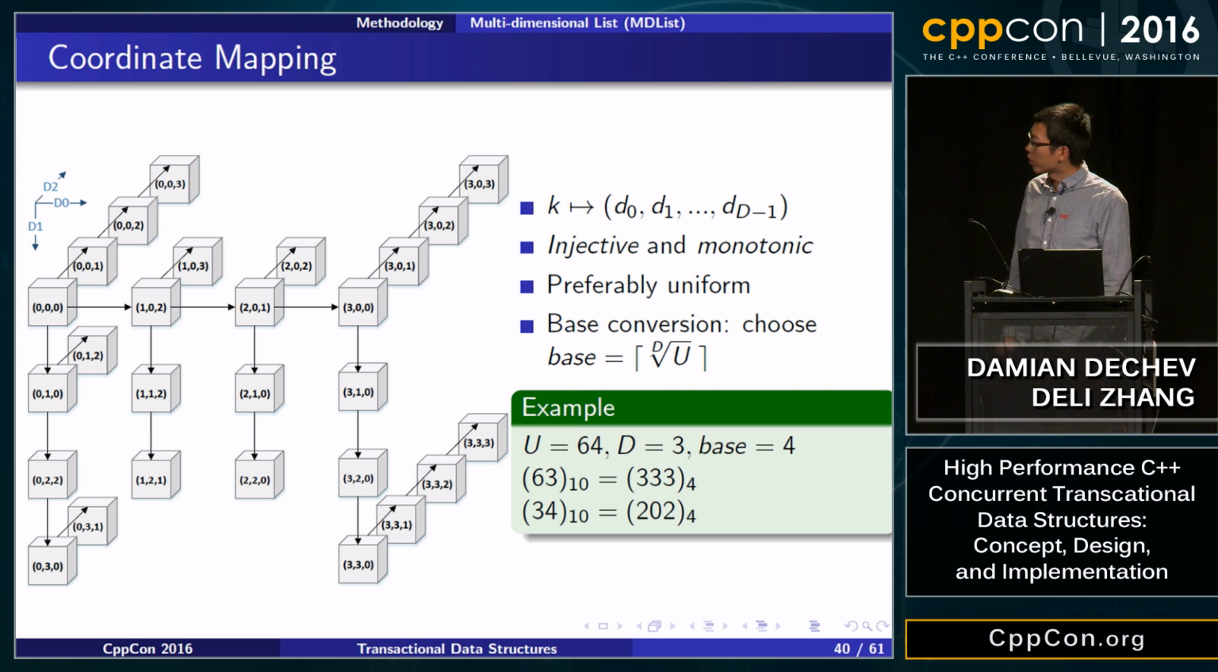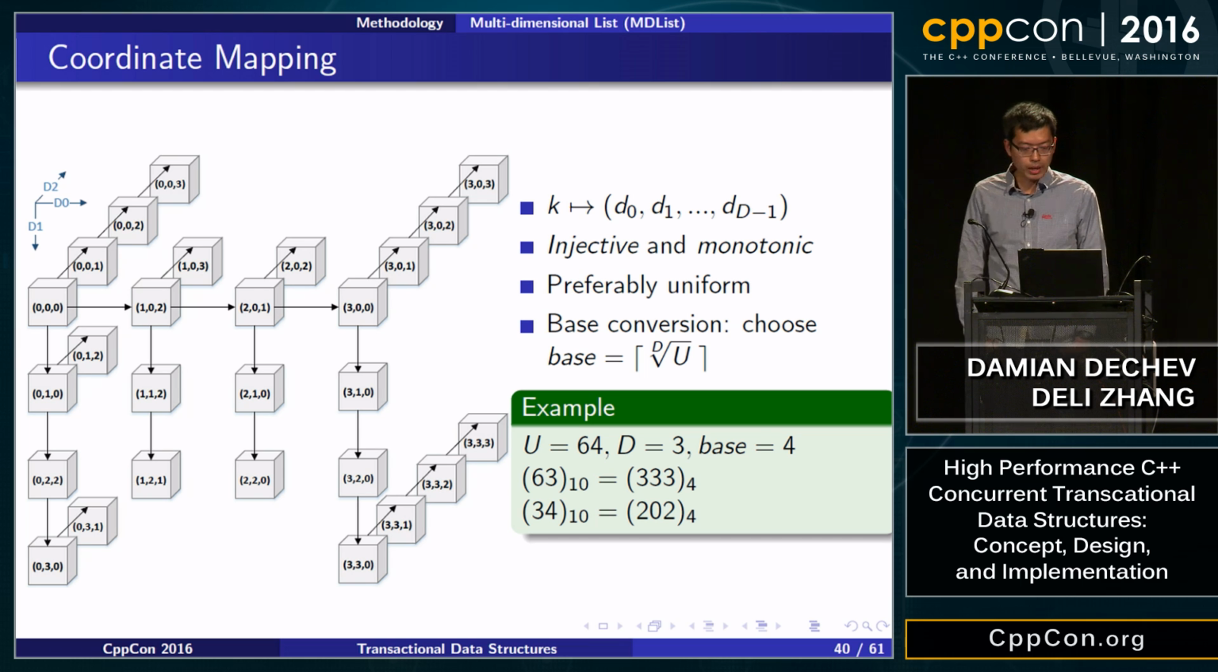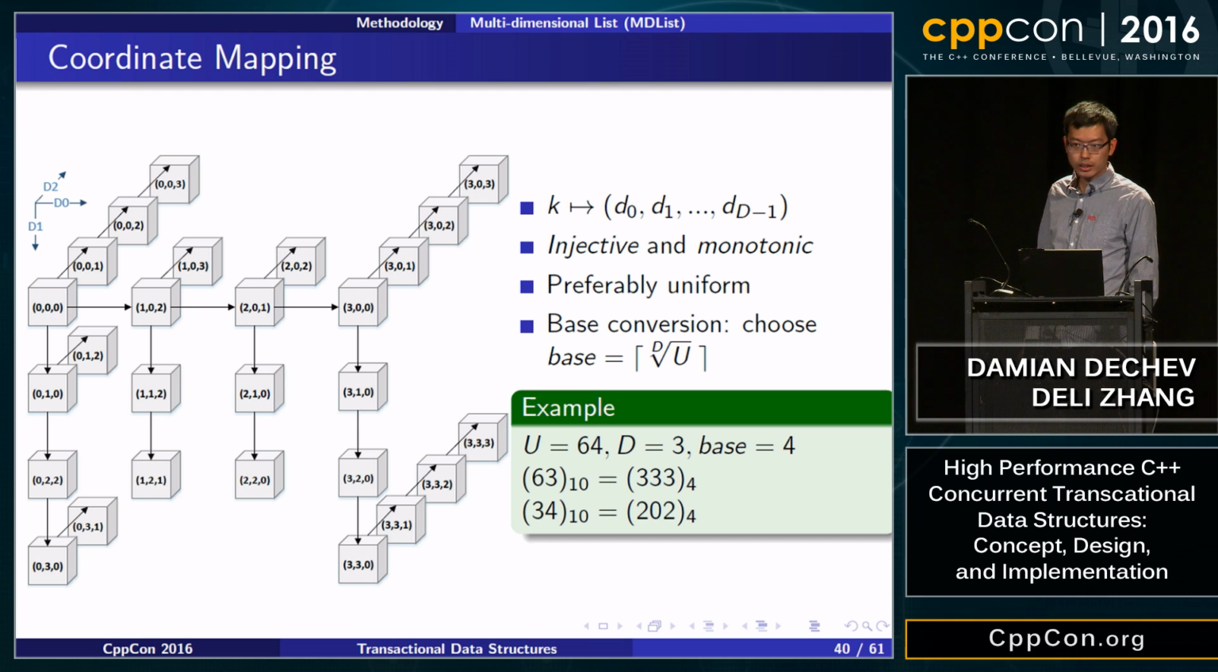Now, the map function should preferably be uniform so that we reduce the average search time of the whole data structure. In our case, we can simply use numeric-based conversion to achieve this goal. So let's choose a base based on the key universe size, which is the total number of keys: the dth root of the key universe size as the new base. And then we convert the decimal number to the new base. We treat each digit as the coordinates for the